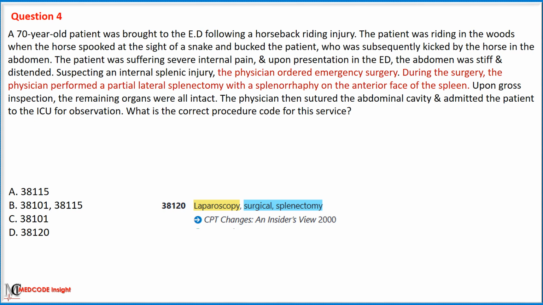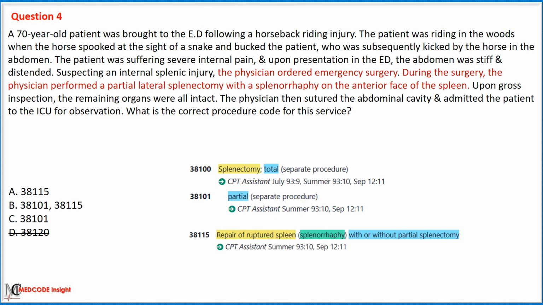During the surgery, the physician performed a partial lateral splenectomy with splenography. Since the procedure is not laparoscopic, we can first eliminate option D with code 38,120, used for laparoscopic procedures, as it is inappropriate for this case.